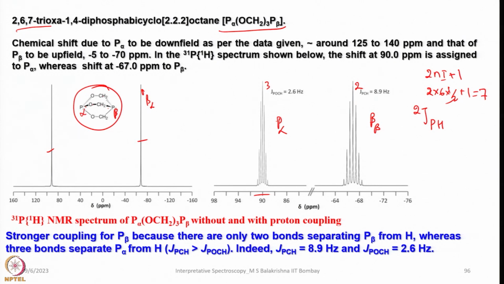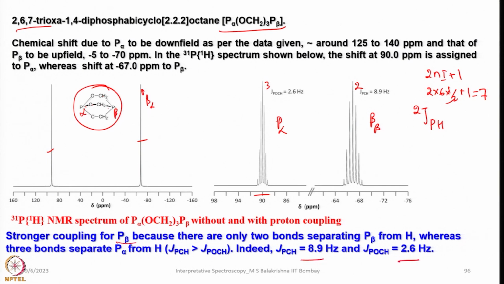So this is the advantage of recording. Coupled one is for understanding, decoupled one for simplification. Wherever simplification is needed, we can go for decoupled spectrum. Wherever we want more information to have better understanding of the molecule and interpretation, then we should go for coupling, something like this. The stronger coupling of P beta, because there are only 2 bonds separating them,